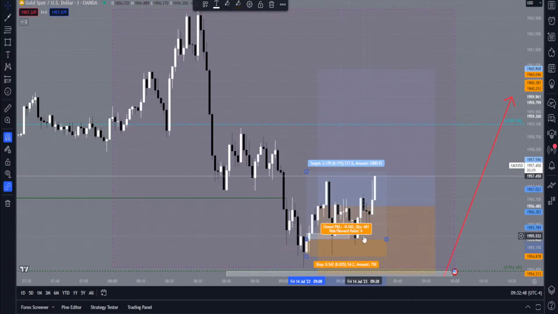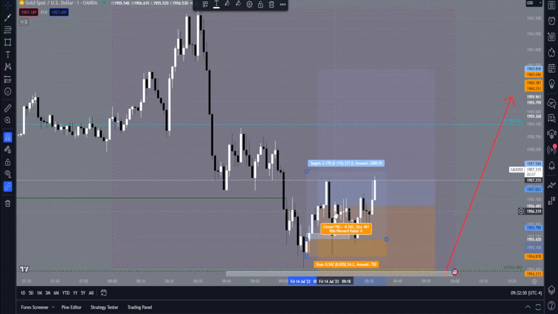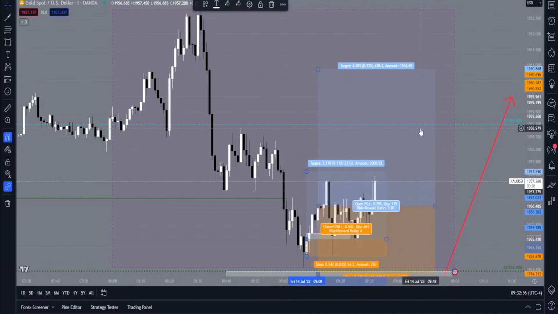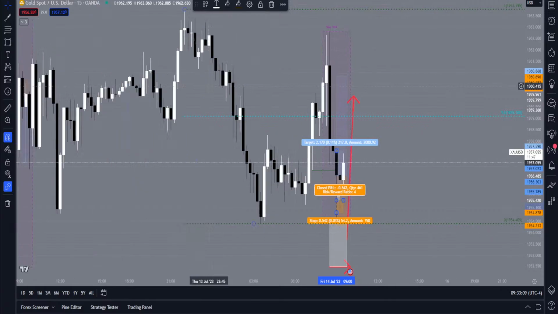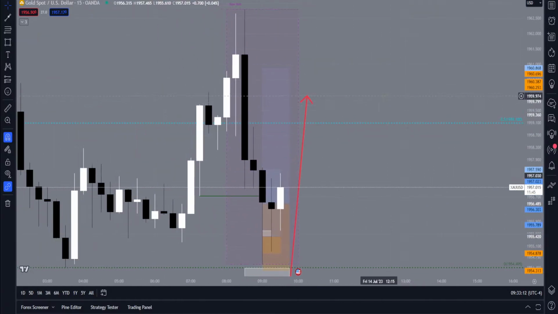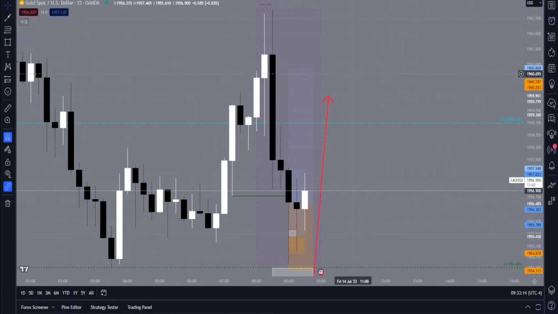The only reason why I like the gold drilling entry is because you know you're going to lose or win really quickly. Like right now we're sitting through this trade here, but for the gold drilling, you're going to know in probably 1 or 2 minutes if you win this trade. Right? So that's the main difference. So let's go back on the 15-minute and we'll see how it plays out on the 15-minute here.